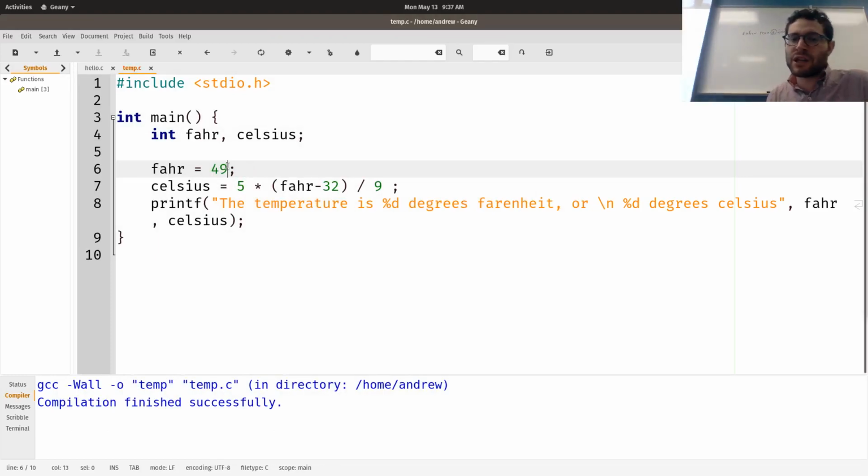Whenever we do division in C, say we do 6 divided by 5 in C. In real life, this would be equal to 1 1/5, or 6/5, or 1.2, right?